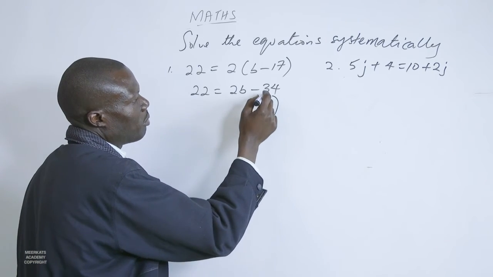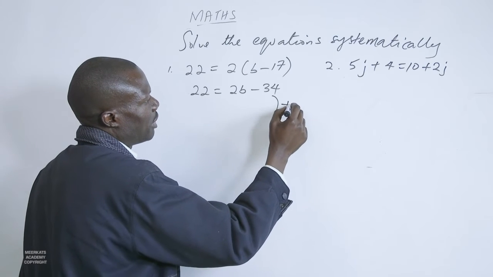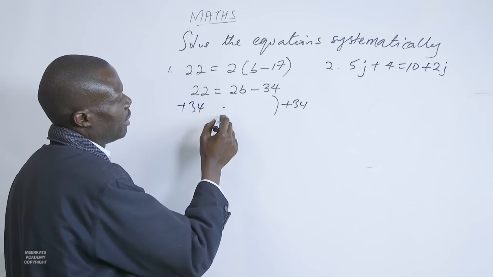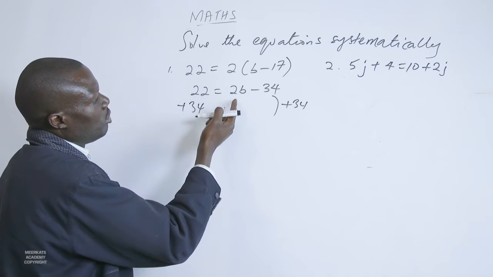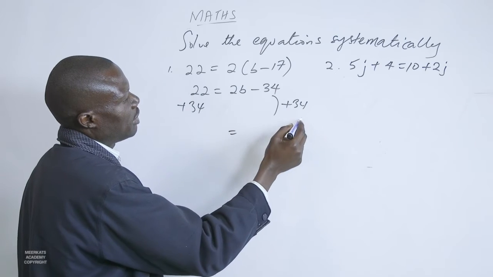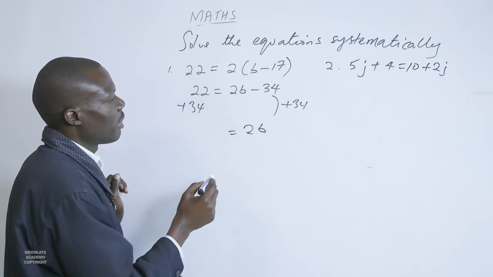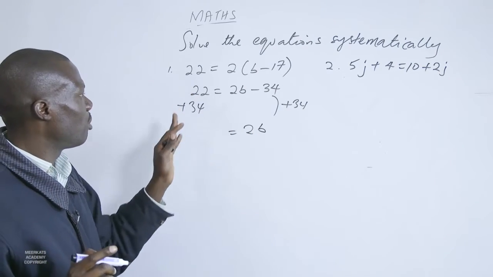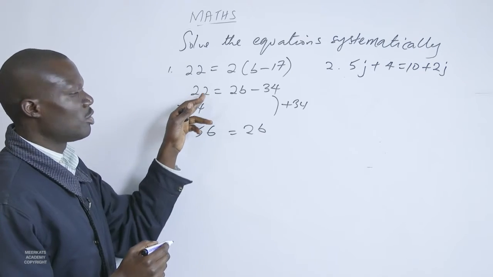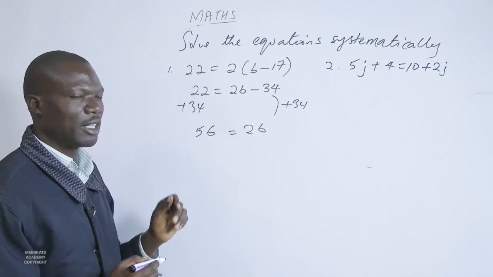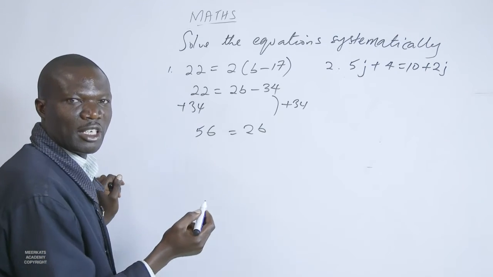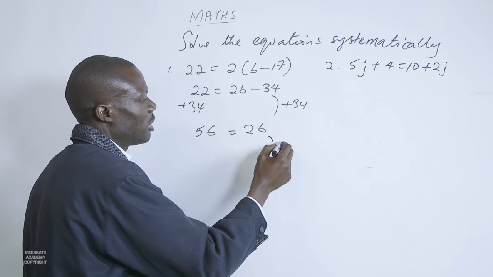We shall have the opposite of minus 34, which is plus 34, then plus 34 on this other side. So you find that 2b minus 34 plus 34 will give us 0, so it will give us 2b. And then 22 plus 34, you find that this one will give us 56. That is 2 plus 4 is 6, and 2 plus 3 is 5. So then, this is a product, that is b times 2, therefore the opposite is divided by